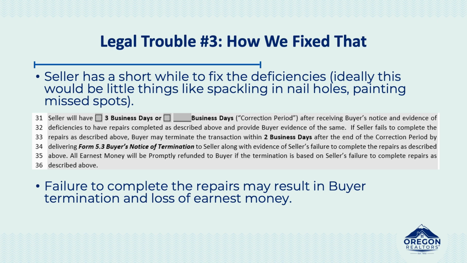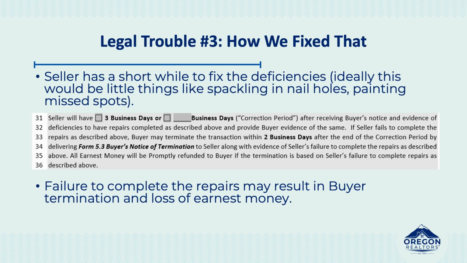Now, if the buyer is just using this pretextually and they're saying, well, seller, even though the drywall looks fine, I think you did a bad job and I want out, the seller can come after the earnest money. There's no denying that at that stage because the buyer has essentially defrauded the seller. But ultimately, this means that there is an extra step where the parties can go over the small or minor errors that occur. And if there are small or minor errors that the parties can fix, there's a process for